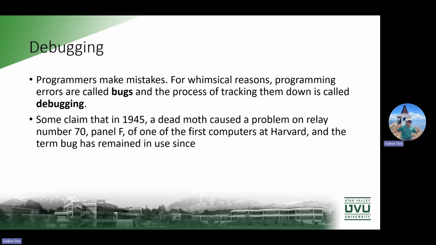And whenever you are tracking down those bugs, it is called debugging. You are digging, what's the bug? I need to fix it. This is called debugging. In computer science, what is debugging? I need to find out the bug and fix it. Like 159.6, I haven't used the F string up to 2 decimal point, it's a bug. If I write the F string and up to 2 decimal point, that means I have fixed it. So this is called debugging. Debugging is how you can find the bug, though there is no error, but if there is an error,